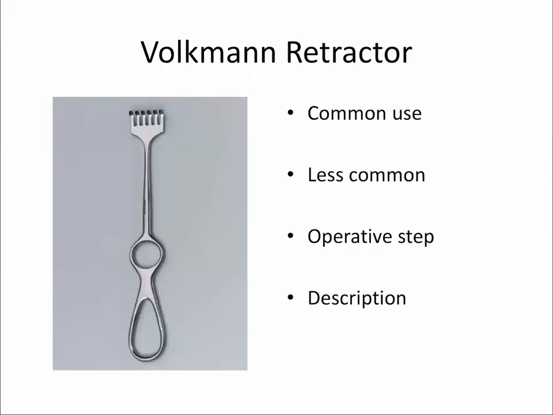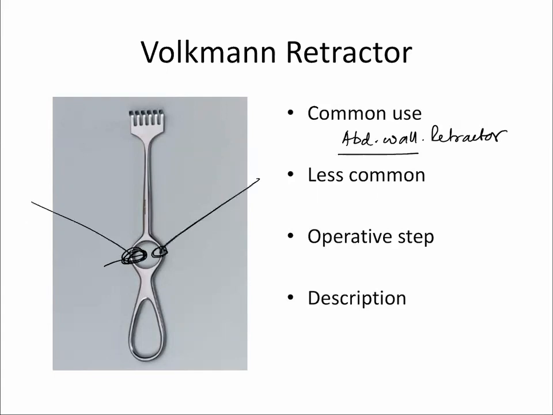Okay, this one, Volkmann's retractor, is an abdominal wall retractor. Majority of hospitals will not have this. These are very costly instruments, very fine instruments. So these are abdominal wall retractors. And if you have seen the shape, why do you think this hole is made? So that we can attach a string to this and we can pull this. After you have put in the retractor, pull the retractor, tie it to a string. It will be self-retaining.